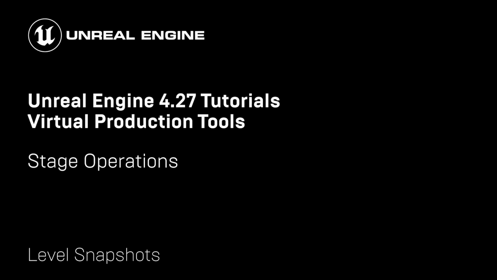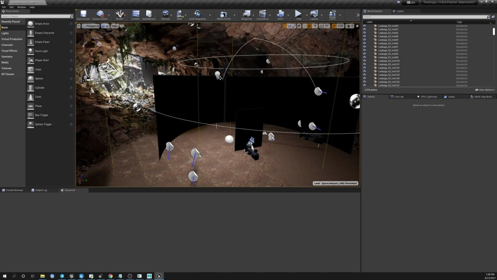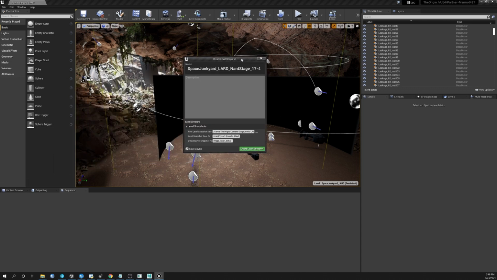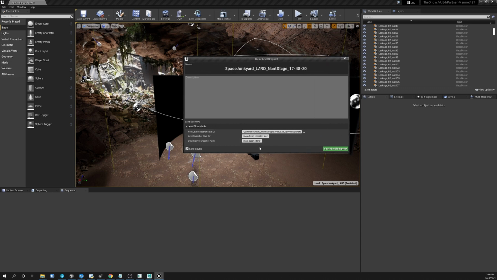427 introduced a powerful new stage tool called Level Snapshots that allows us to create a save point of the state of the entire environment at any given moment and restore it selectively at a point later on. In order to take a snapshot, we can use this Take Snapshot button, which will bring up a dialog window. By default, we have the save path that it's going to go to, and an auto-generated name based on this wildcard setup here. But in order to find it a little easier, we'll just write this down as example, and then take a level snapshot.